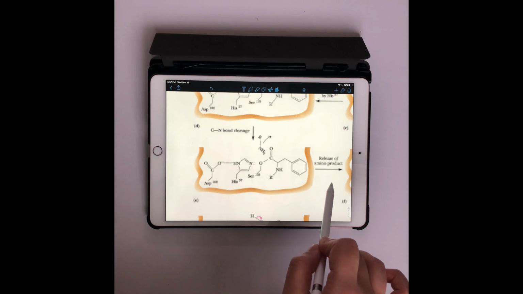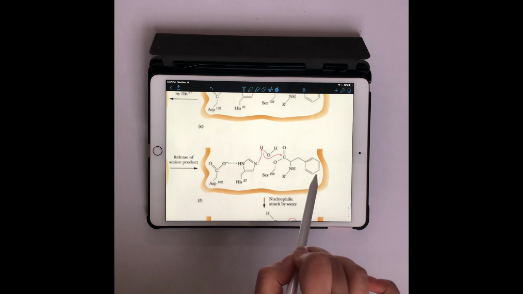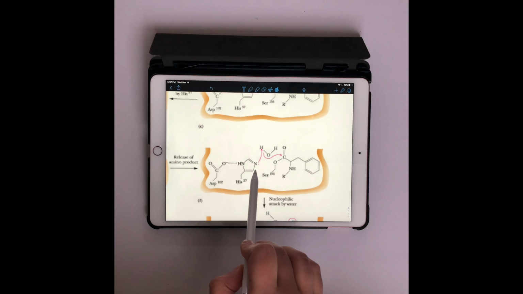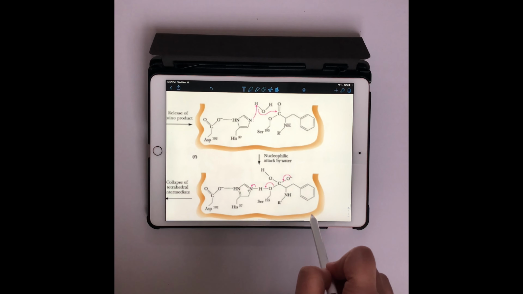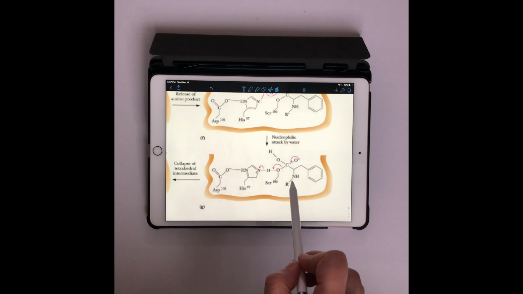And the next thing that happens is another base catalysis, but this is a specific base catalysis using water. So our histidine here will grab that proton from the water, where the oxygen will then act as a nucleophile and attack this carbonyl group, again forming an alkoxide intermediate, which again collapses to release this serine